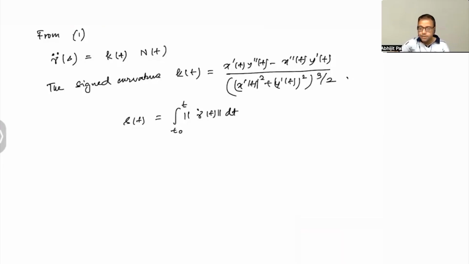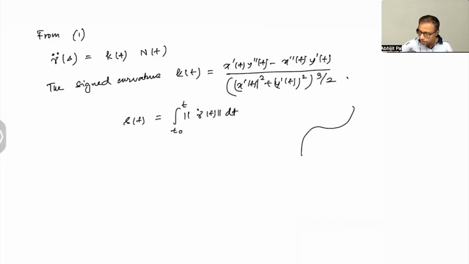And this S is an increasing function. It is differentiable and S inverse also exists. So this T is again a function of S. So here this NT is a unit normal vector at T,